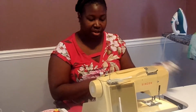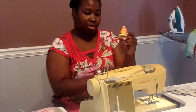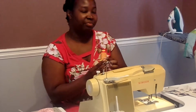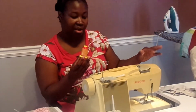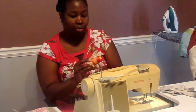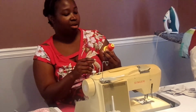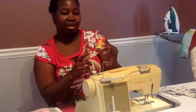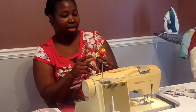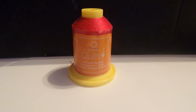I am actually going to use red thread in the top of the machine because the fabric that we're quilting is red on the top, and then I have black thread in the bobbin. What I'm using for the top stitching is called Coats Quilt Plus. It's piecing and quilting thread that I got from Joann's. I'll put a picture of it in the video here, and it's 100% cotton thread,